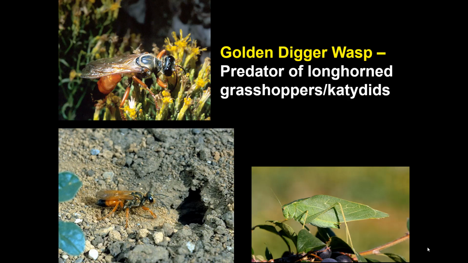A pretty spectacular one, not too common, is called the golden digger wasp. It also nests in the ground, and it's a predator of longhorn grasshoppers and katydids in particular. Rarely true grasshoppers, mostly the katydid group, and drags them into a hole in the ground. And then